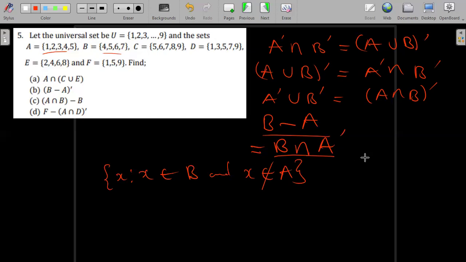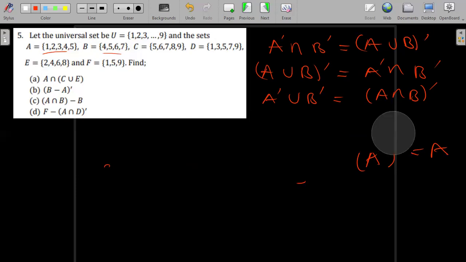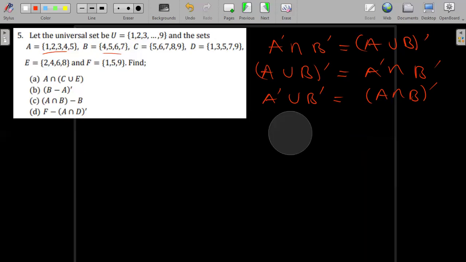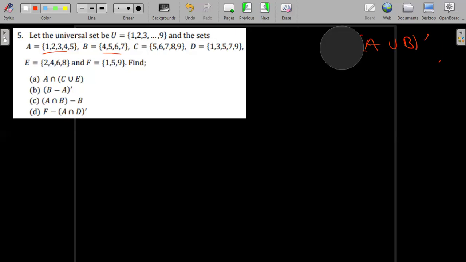The other property to note is when you have A complement with another complement, this just gives you the set A. So this is going to be important here. Okay, so I go straight now to answer that question. I think that's a bit of a build up that we can do here. So I have my B minus A here,